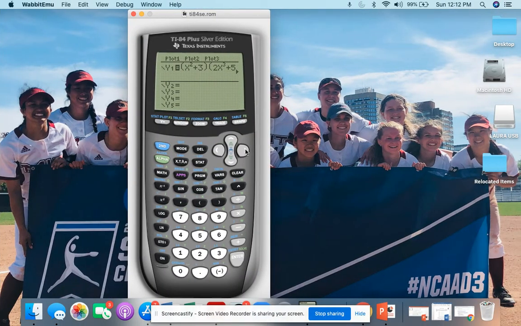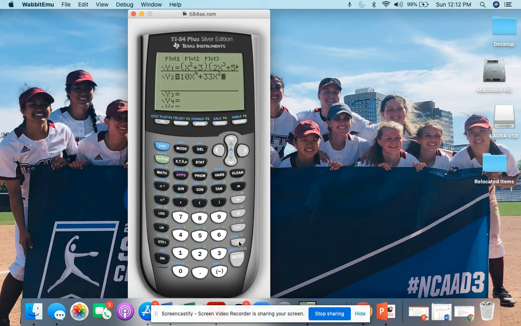All right, so into y1, I have the original function. I already know what that looks like. It's some kind of 5th degree. Now, in y2, I'm going to type in what its derivative is. So actually, I'm going to turn the first equation off. It's a 5th degree with, I know what its end behavior looks like. I don't need to look at that graph. But I'm going to look at the graph of the derivative. 10x to the 4th plus 33x squared